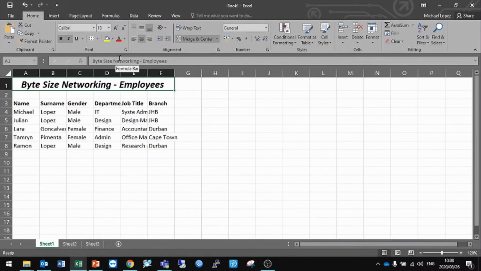Okay, so I've managed to enter 5 employees in with their gender, department, job title, and branch that they work at. So what you'd notice first and foremost, some of the data that we've entered is a little bit too long for the current column width that we have. So there's a few approaches we can take here. First of all, if we look at column A here,